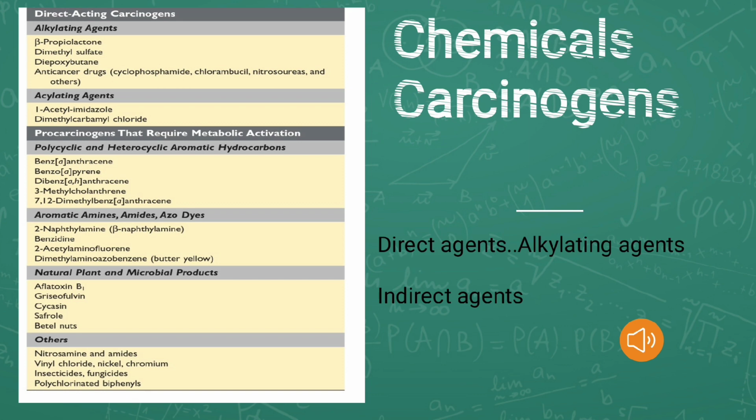Direct acting agents are themselves carcinogenic. They don't require metabolic conversion to become carcinogenic. They are typically weak carcinogens by nature, and some of them are related to chemotherapeutic agents. This means some of the drugs used for Hodgkin lymphoma cases work as direct acting agents, and